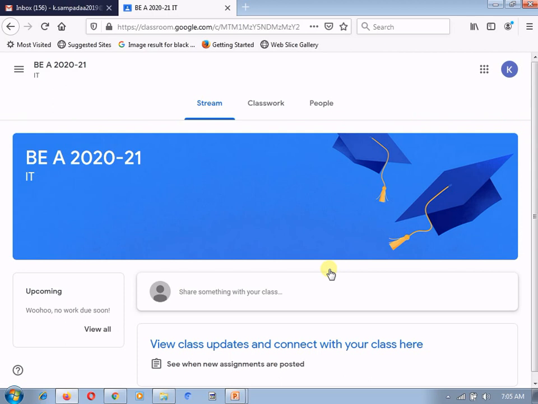Here you can see that this is the classroom created by my teacher, and now as a student I can see only three tabs, that is stream, classwork and people. I am not able to see the grades tab, which I explained previously is visible to the teacher only.